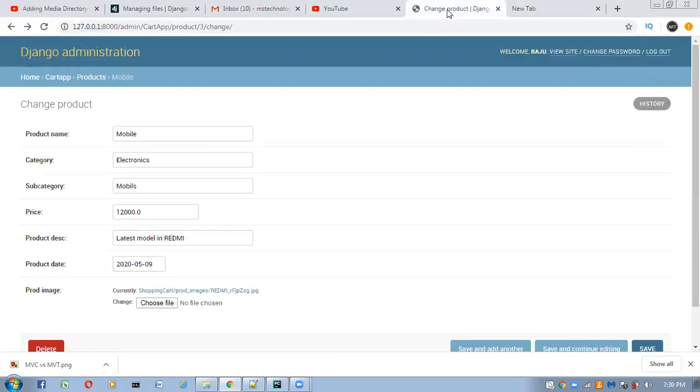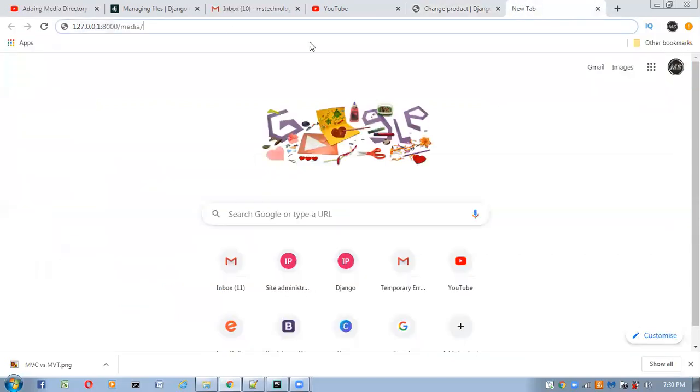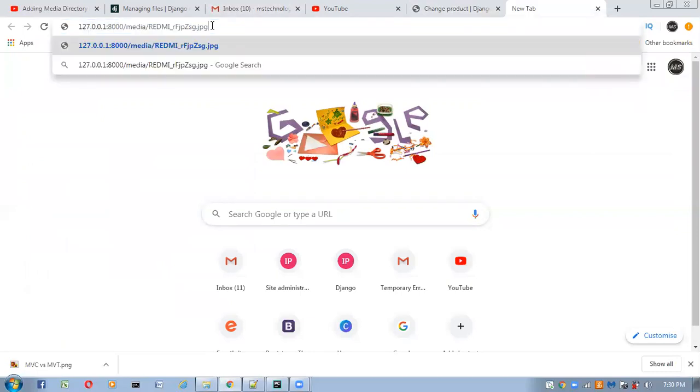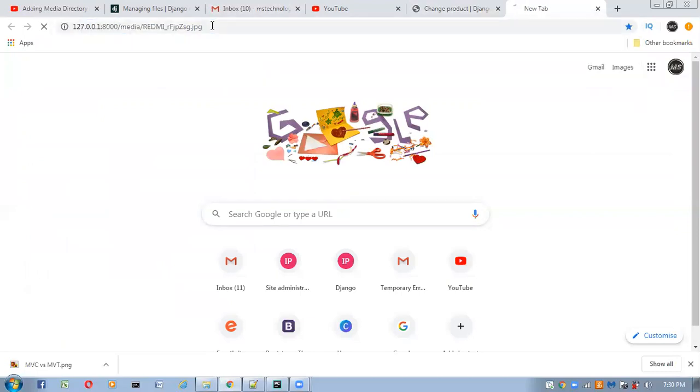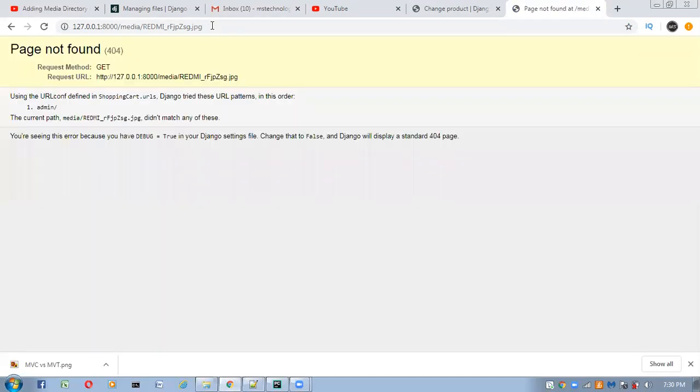We uploaded it here, so I am taking this image name, copy. Now go here and paste it at the end like this. If you click on this, let's see what happens. See, here we are getting some error. What error are we getting? Page not found.